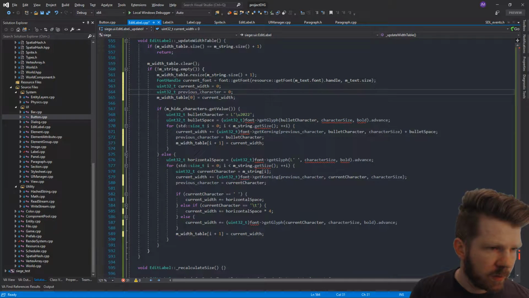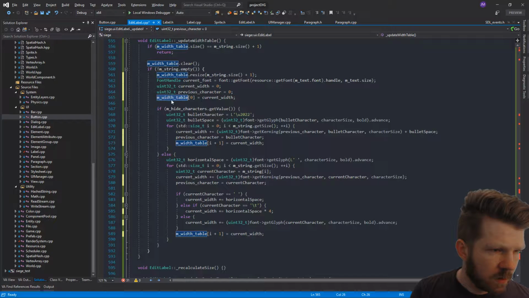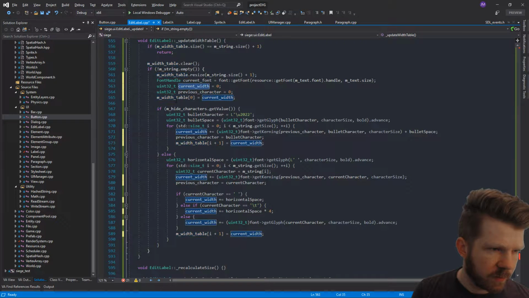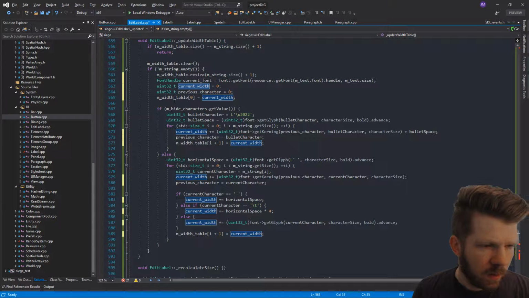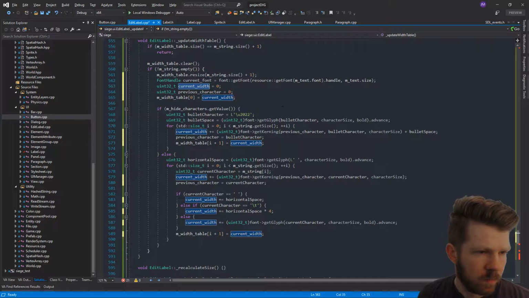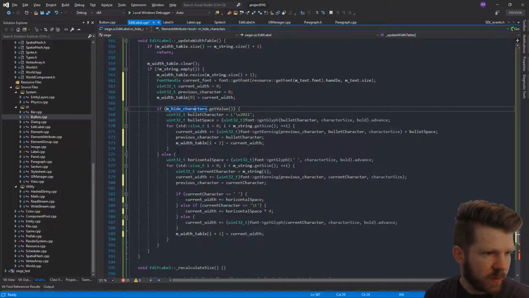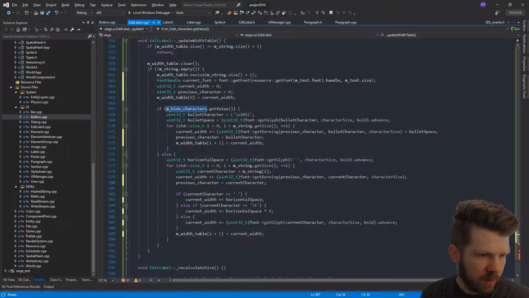So the current width, previous character, set the first entry to our current width, which is just 0. So we start at 0. And we have to handle two things here: one, if we have characters hidden, and one if we don't. The one if we have our characters hidden is pretty easy because all we have to do is,